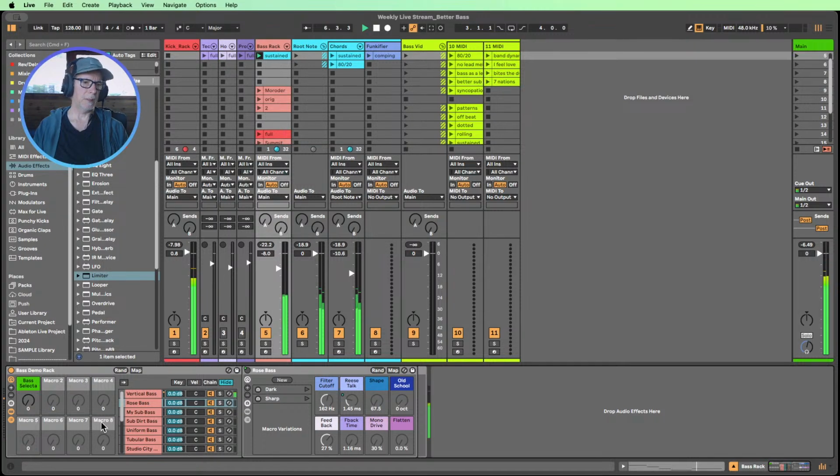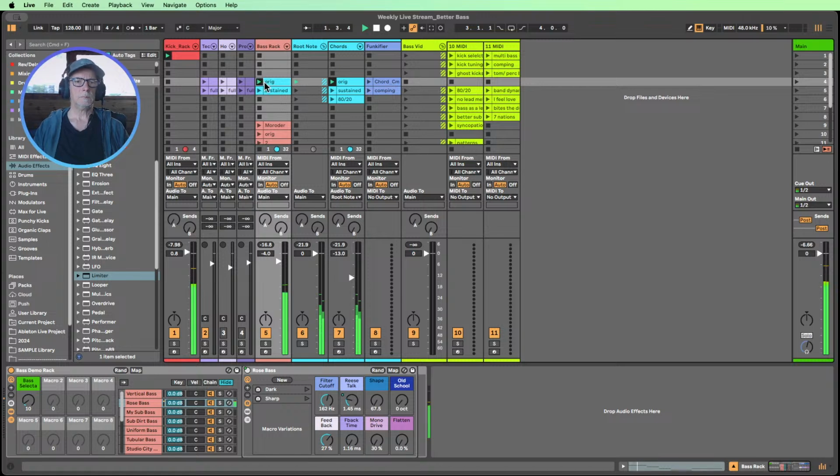Now let's try out some different basses here as well. I think the second bass down here is interesting. This one. Let's bring our volume up a bit. So we can hear we've got a good kick. We haven't really done a lot, but we've got something, a root note bass, one with the chop, which gives us a nice little bit of rhythm to it.